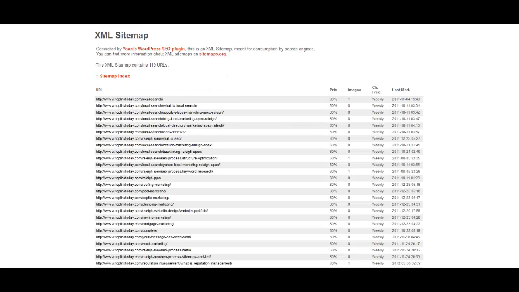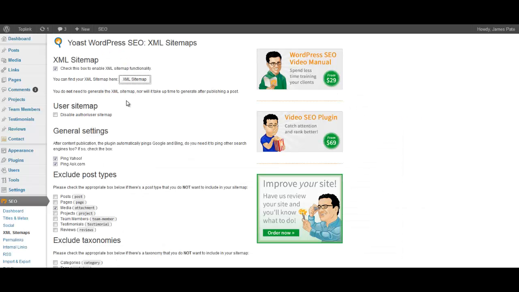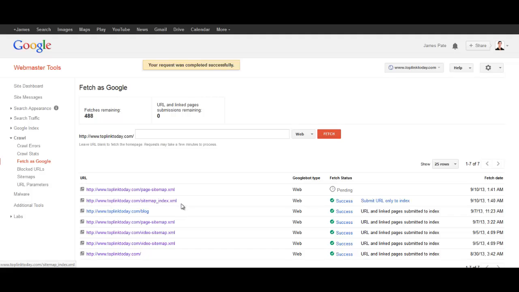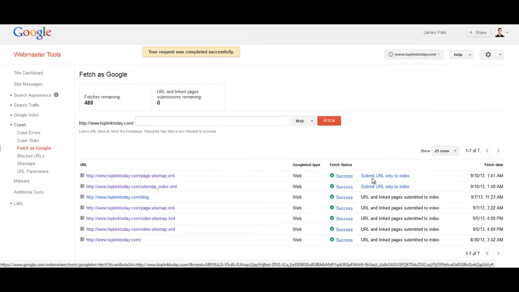Because those are the two main ones. So if you just copy this, it'll be page-sitemap.xml. I think you guys can't see my link bar right now, but I'm just copying the URL. And you go into Webmaster Tools and type in page-sitemap.xml, as well as sitemap index.xml. So these are the two sitemaps. And then